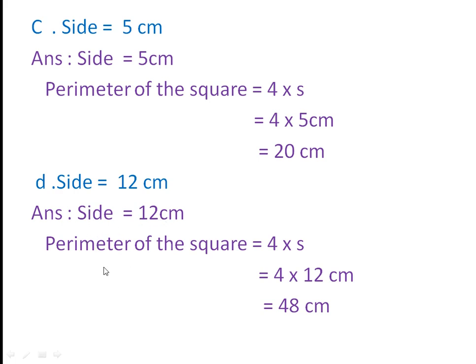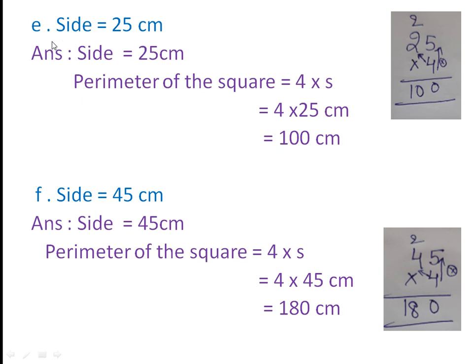Side is equal to 12 centimeters. Write down the formula for the perimeter of the square: 4 multiplied with side. The side value is 12 centimeters. 12 fours are 48 centimeters, which is the answer for the perimeter of the square for the D problem. And next, here see